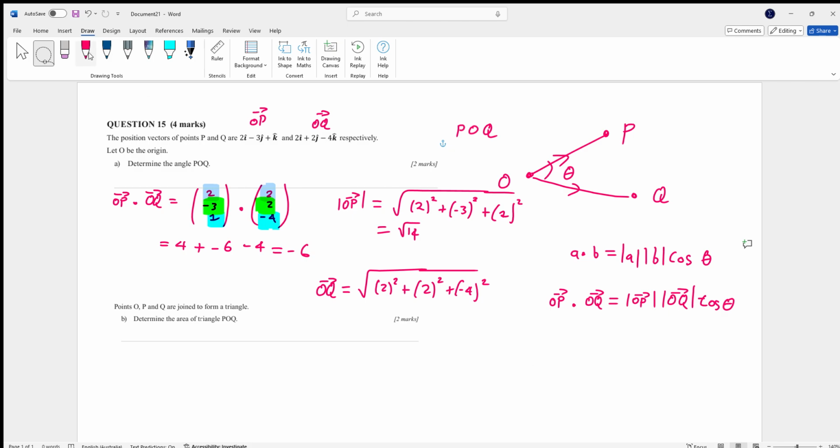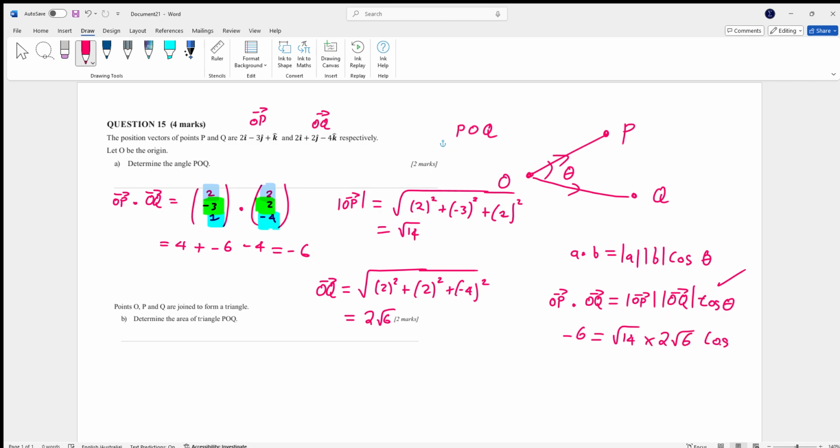So this gives us, it actually simplifies the third and turns into 2√6. So now we know everything for this formula here. So we know the dot product here was equal to -6. We know the length of OP was the square root of 14. And we know the length of OQ was